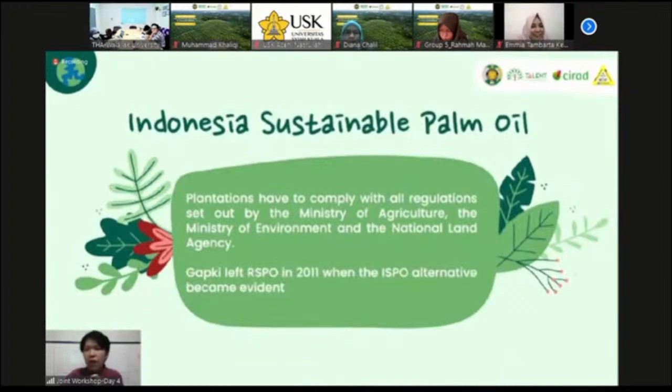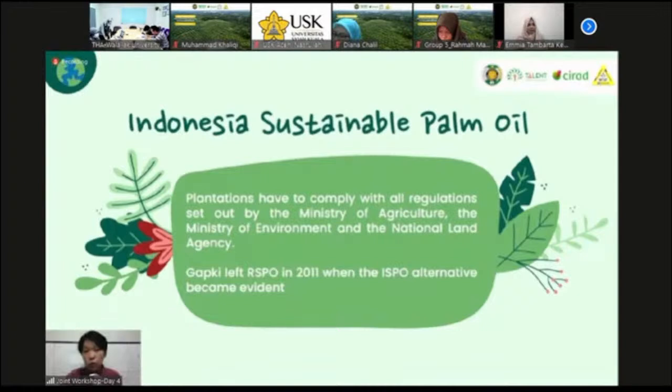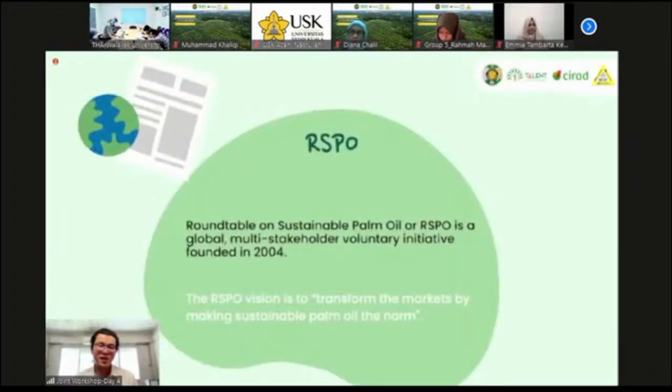Plantations must comply with all regulations set forth by the Department of Agriculture, the Department of the Environment, and the National Land Authority. According to the Indonesian Palm Oil Association (GAPKI), palm oil growers can propose a third-party assessment, local or international, by which they wish to be certified. They can be certified if they are classified as Class 1, 2, or 3. This means that unlike RSPO and ISCC, ISPO will not perform any annual surveillance audit, thus potentially undermining the effectiveness and reliability of ISPO. What is RSPO?